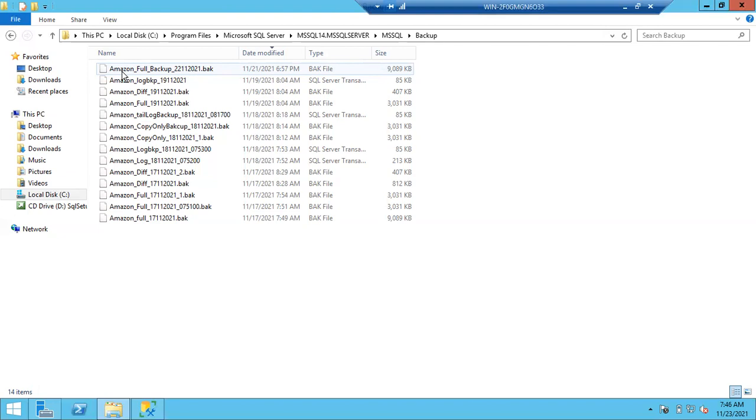Then if you don't delete them, the drive is going to be full. The storage team won't add storage whenever you want, though you can request the storage team to add storage. Imagine one database size is 1 terabyte. It is generating a 200 GB backup every day. You have only 1 terabyte of space in the backup drive, and every day it generates a 200 GB backup file. So hardly 5 days, and your backup drive will be full.